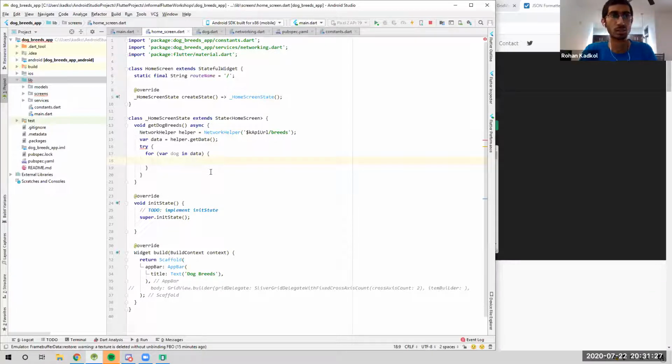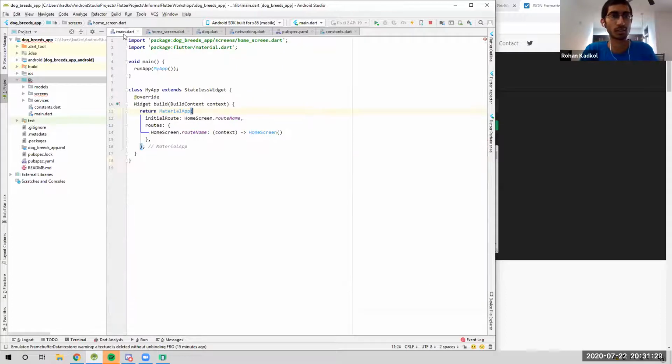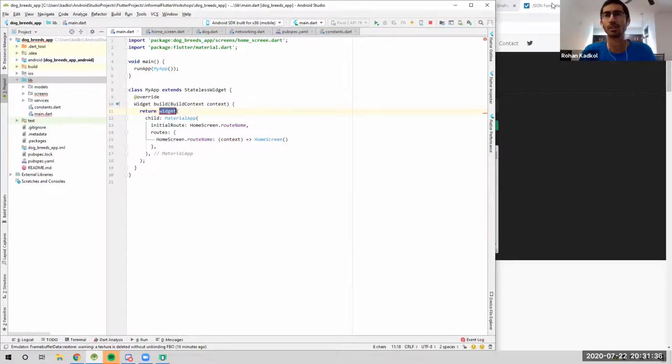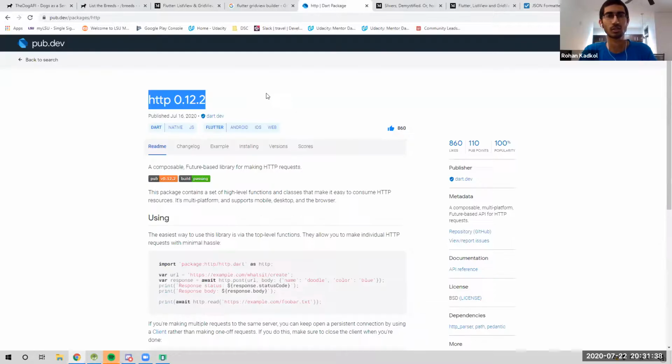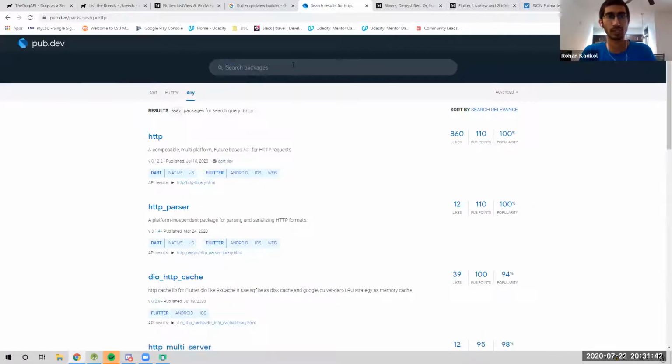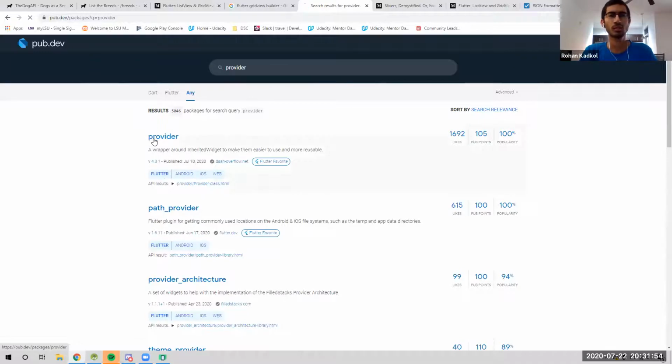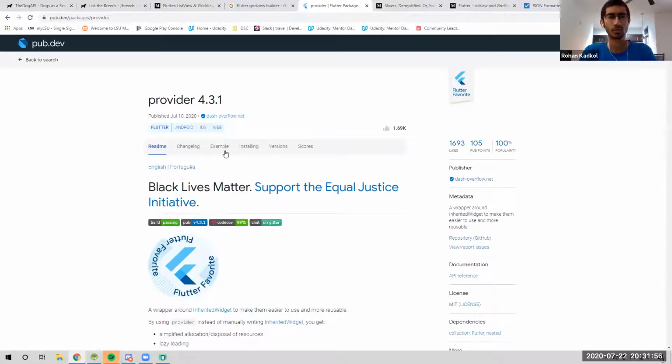Now this is a good chance to utilize something called provider. So I just learned this today, so I'm also going to be a little new. We have to download the provider package. Provider is a nice way to handle data and the flow of data in Flutter. There are many constructs or ways to do it, but let's use the provider package. Flutter favorite. Let's copy this and